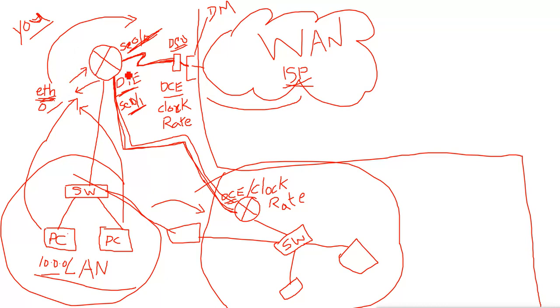And on the serial interface, when we get the WAN link, we will get the public IP from the ISP, so that we can go on the WAN network. Remember, if you don't have a public IP, you cannot go to the WAN network. So the public IP will be given by the ISP to you with the leased line. And within the network you can use any IP which you want, and you can use a private IP here to connect these two routers through the serial port also.